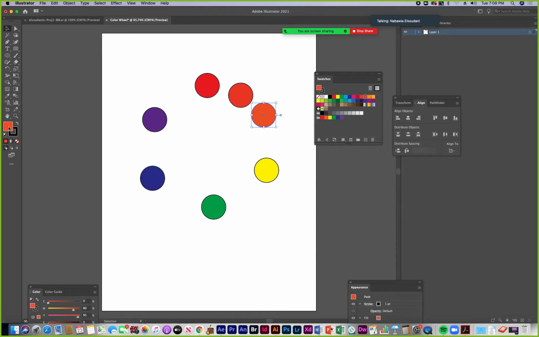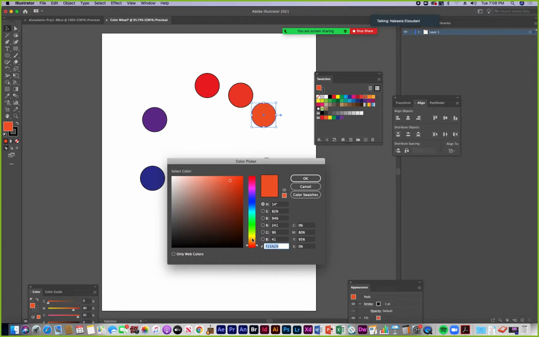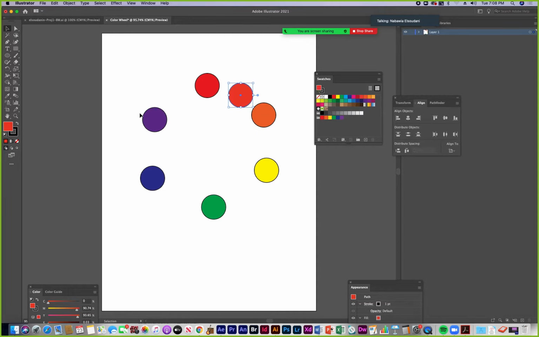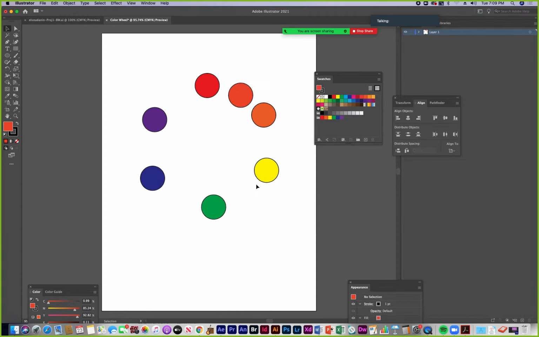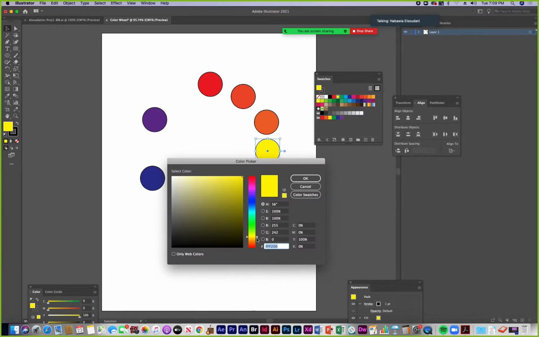Maybe I want to make this a little more orange, like a little more up here in the orange here. And then I could go with this one a little bit here, there. Okay, so red orange, they're very subtle differences here. And then we mix the orange with the yellow and we get what? Yellow orange, just what its name sounds like it should be.